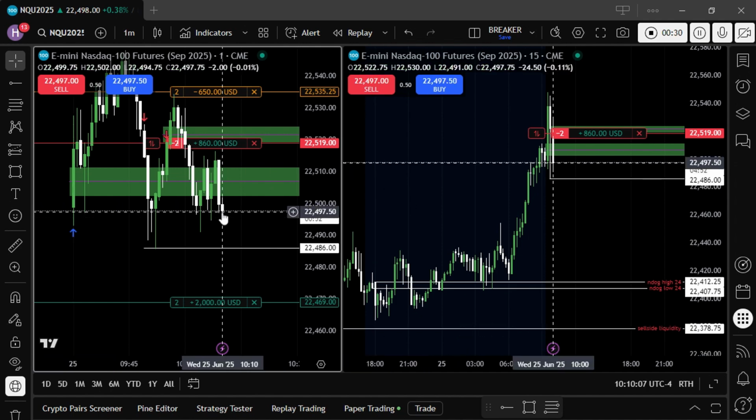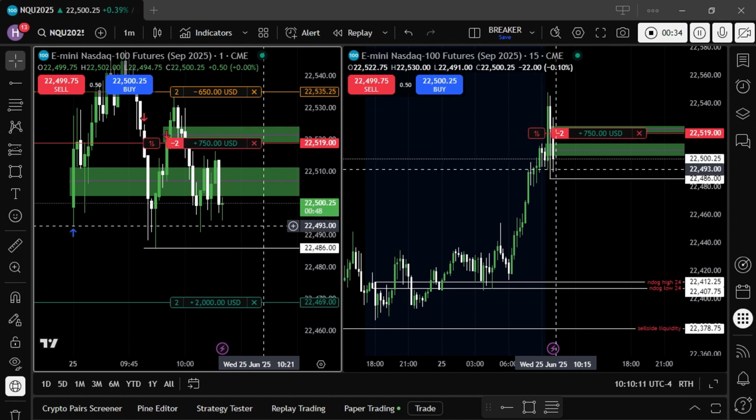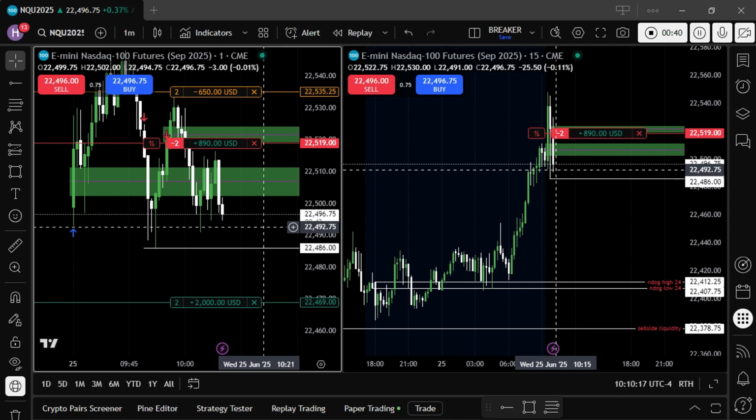But see, I reduced my stop loss to reduce risk. At this point, I'm not expecting price to get anything higher. If it does get higher than those two PD arrays, those two green boxes, then I'm probably wrong and offside. So I don't want to be a part of the trade anyways. So, reducing your risk is pretty important,